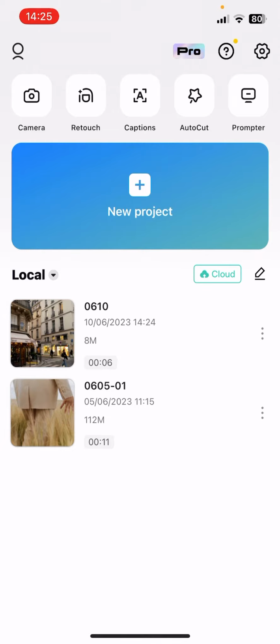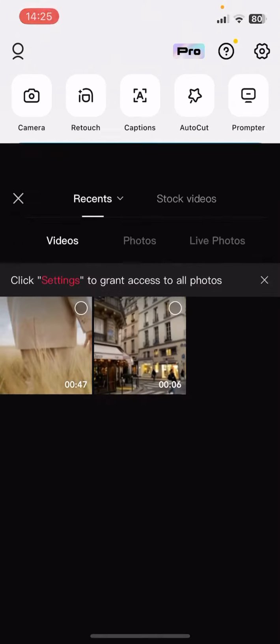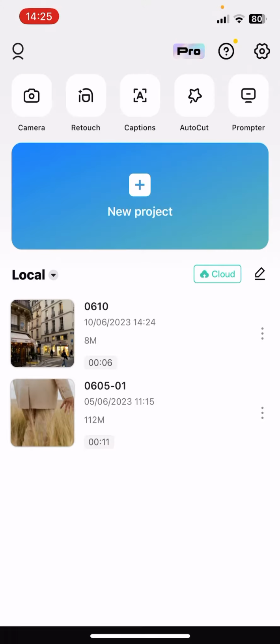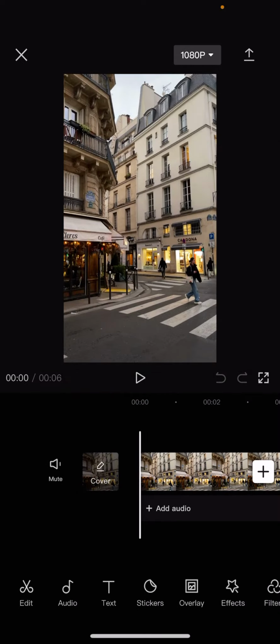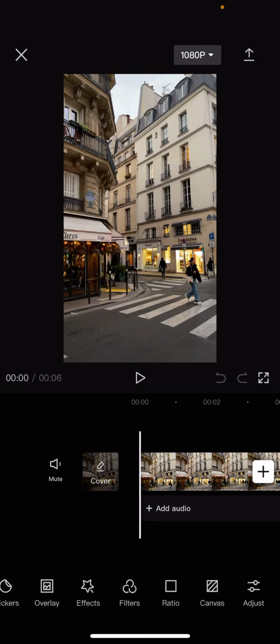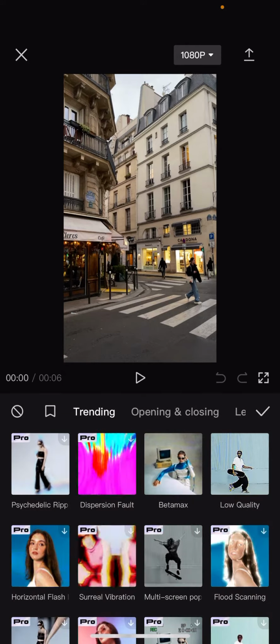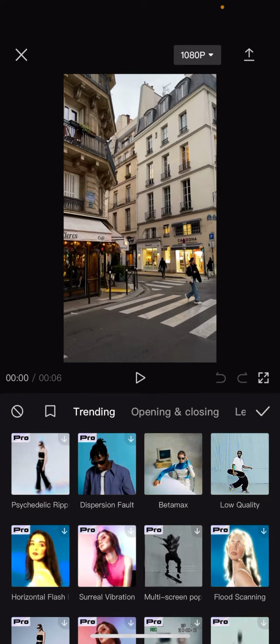After you open the app, you have to select one of your projects that you would like to edit, or you can start a new one if you click on that plus icon, and now you have to select from your gallery that video or videos that you would like to edit. And after you open one of them, just scroll to the right on the bottom of the screen until you see the effects option. Click on it, and now the first one is video effects, and here is a list